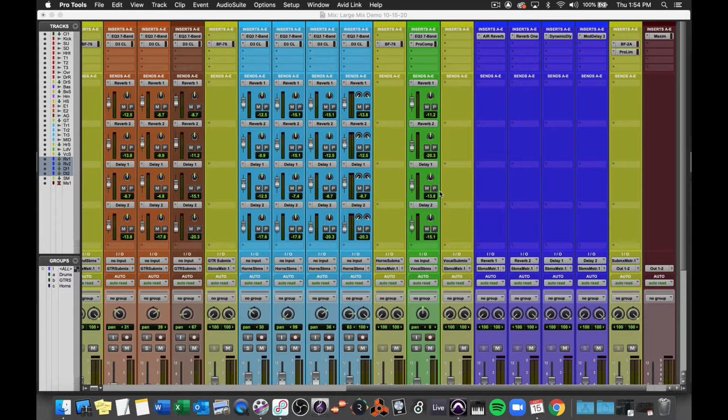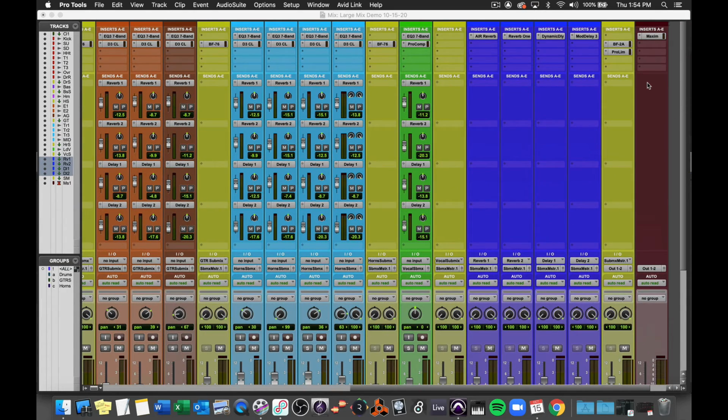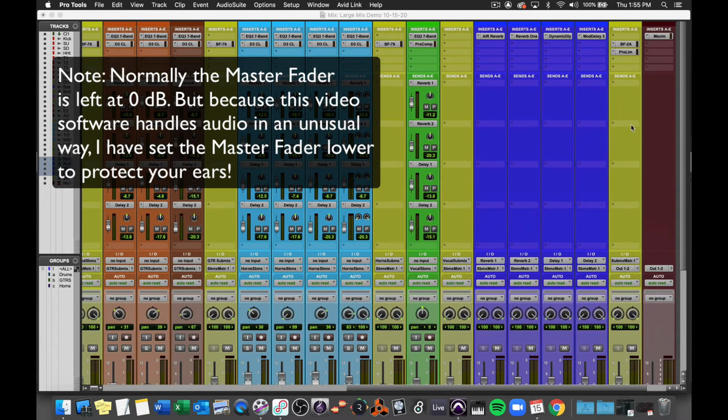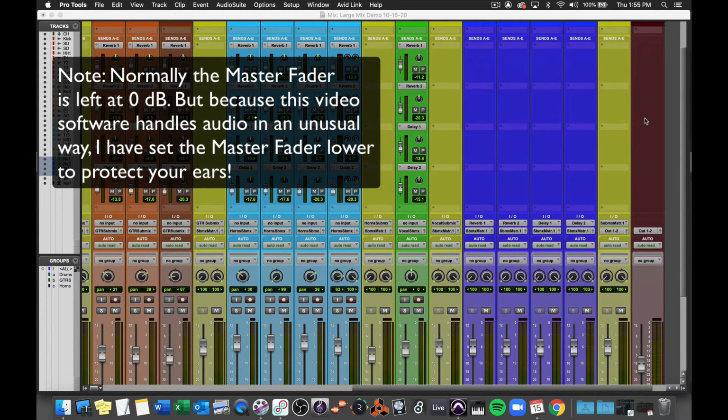Okay, so now we're going to finish up the mix on this track. And what I've done here is I have put an extra limiter on my master fader track. And the master fader track is a very interesting track. If you take Audio Production 2, you'll see how it's a different kind of track than the rest of them, because this fader is actually pre-insert, whereas the other faders are post-insert. But this extra limiter is going to help ensure that our track is as loud as it can be, but